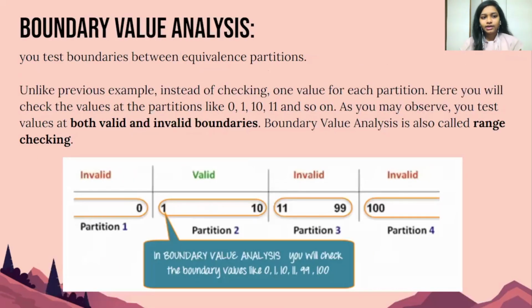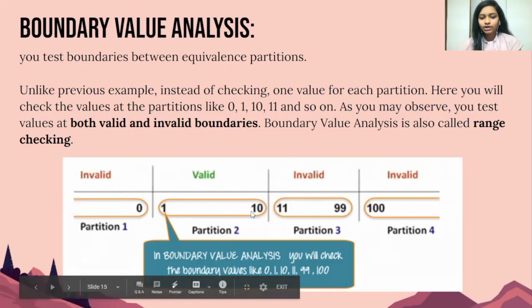And the same case applies to boundary value analysis. Here the boundary values for invalid will be 0 and 1. For valid, it will be 1 to 10. And also partitions 3 and 4, 11 to 99. And for three-digit numbers, it will be 100. So here we are considering from 1. We'll check the boundaries as we discussed. If 1 passes, then partition 2 will pass. If 1 and 10 pass, then this particular partition will pass.